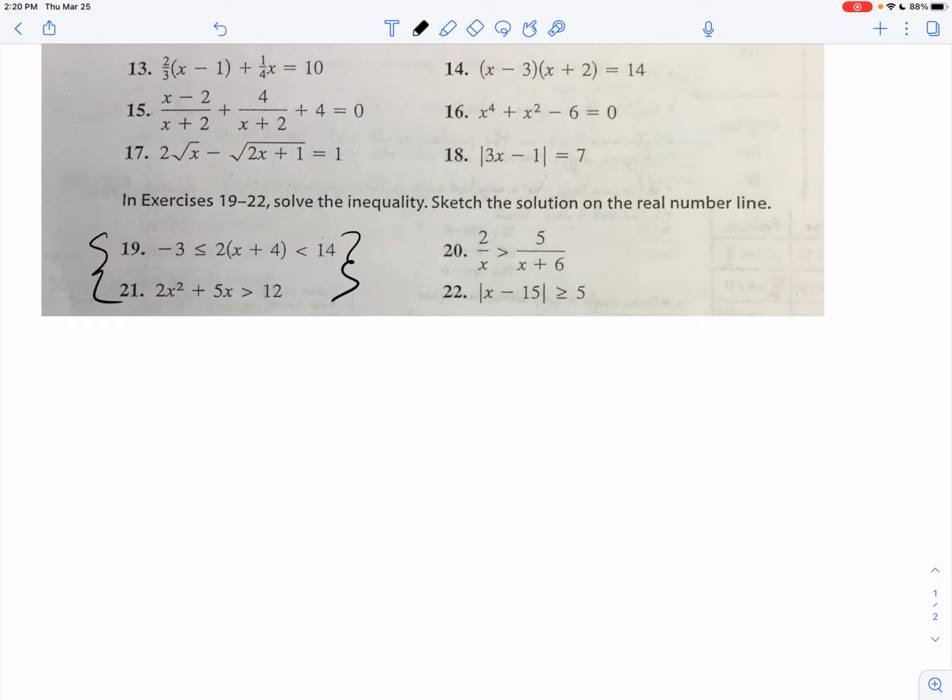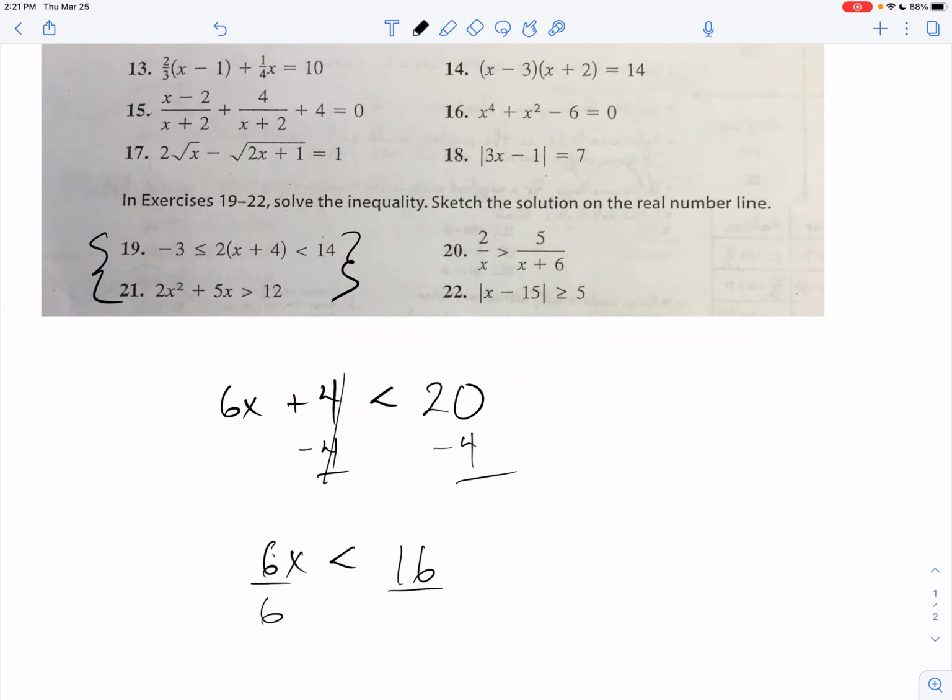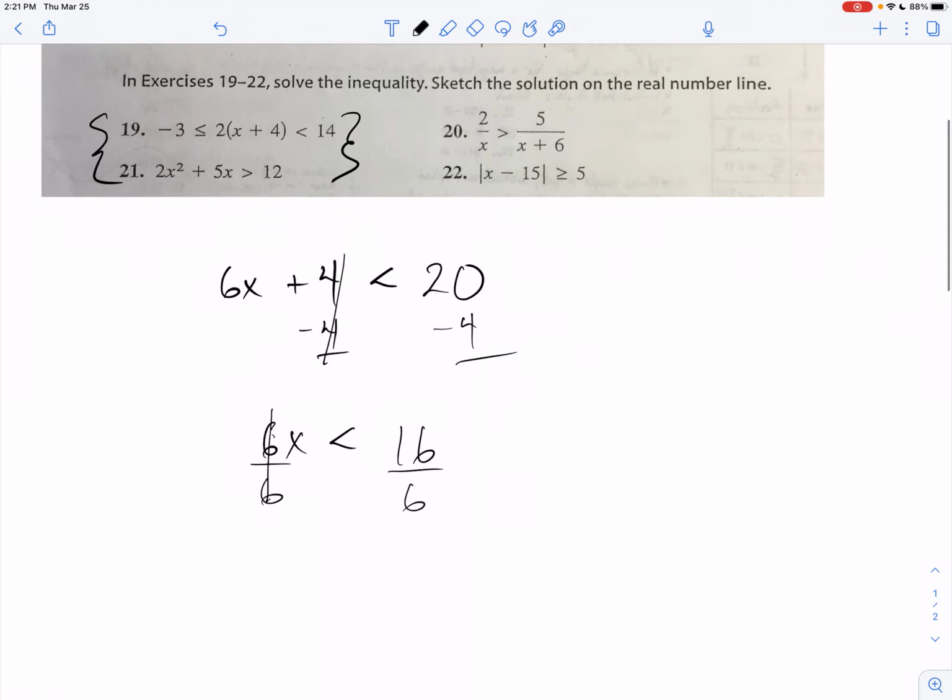So a linear inequality, you guys know if it's like 6x plus 4 less than 20. And I said, hey, I want to find out what the inequality solves to be. I would take away 4, and I'd get 6x is less than 16. And I would divide both sides by 6. And then I would reduce my fraction and say x is anything less than 8/3,